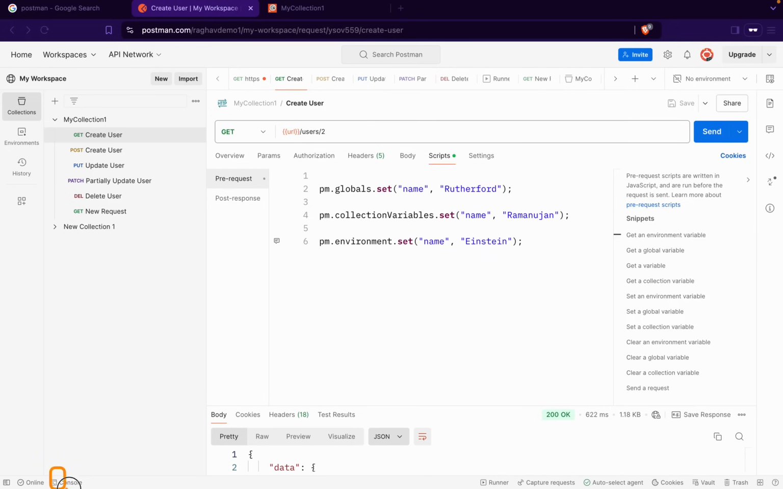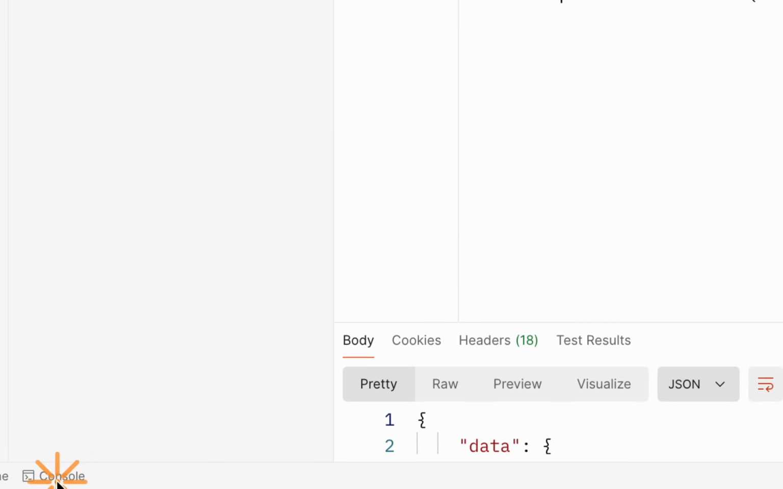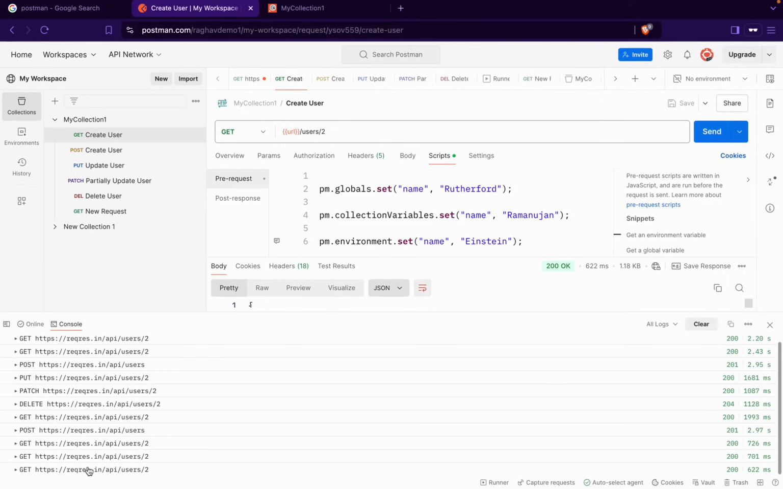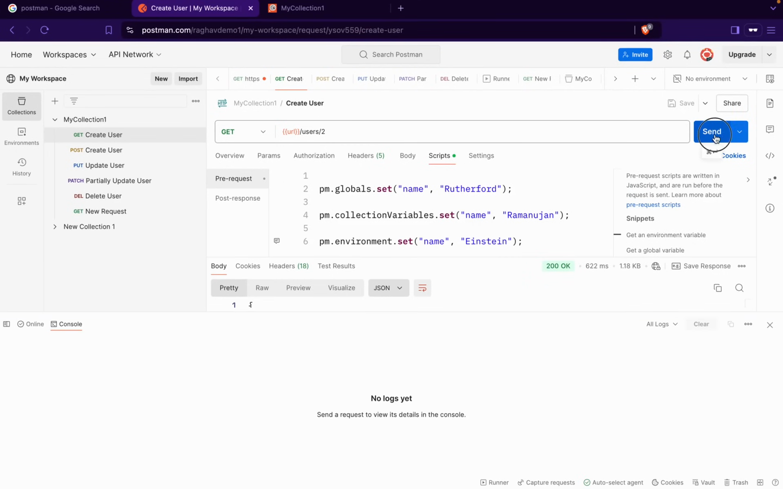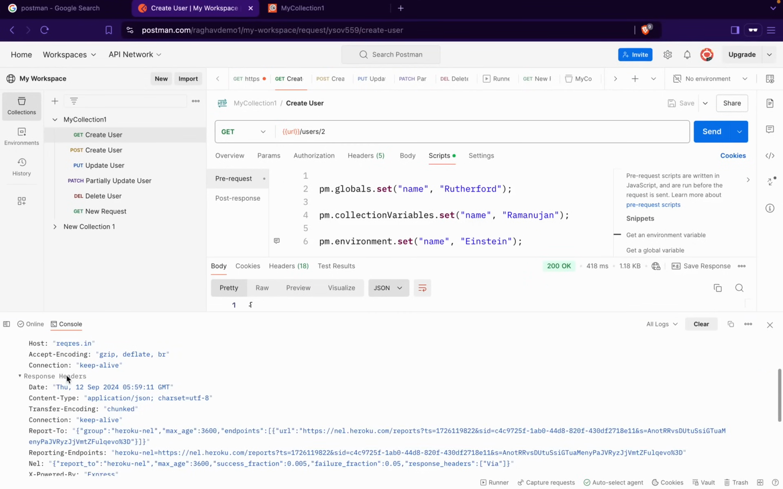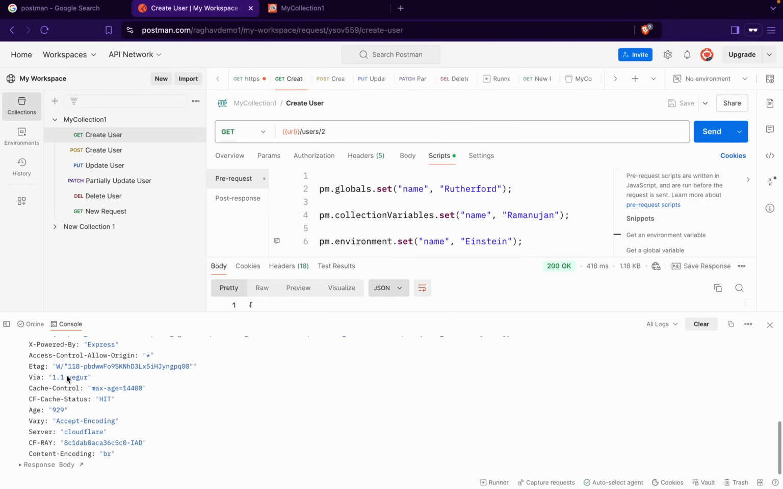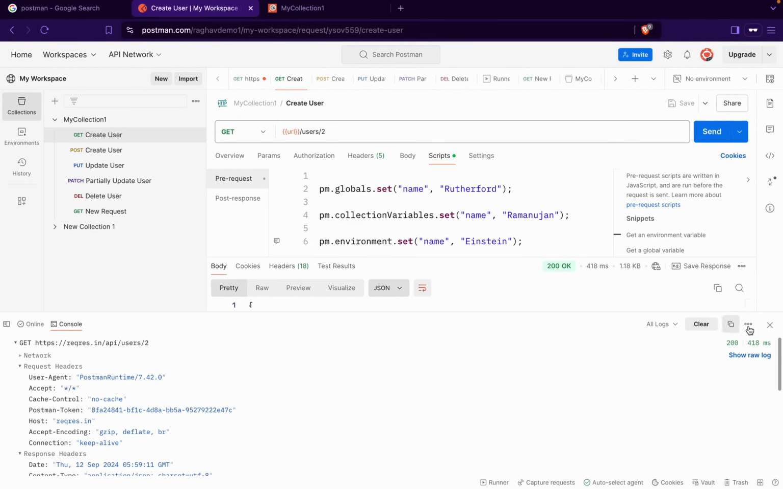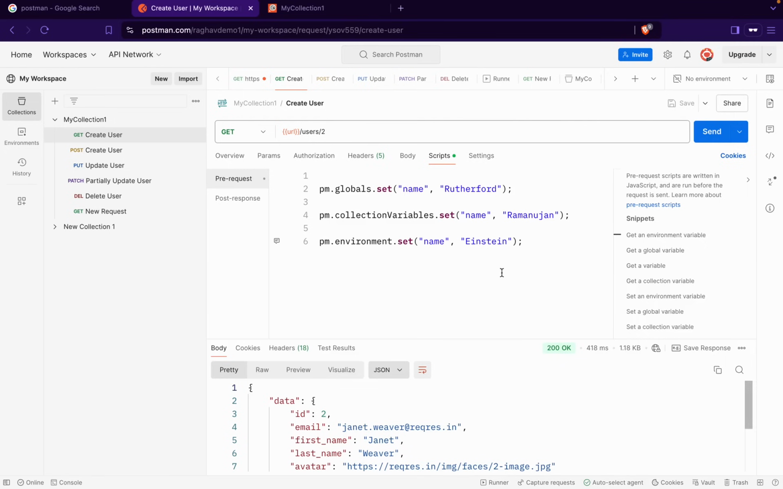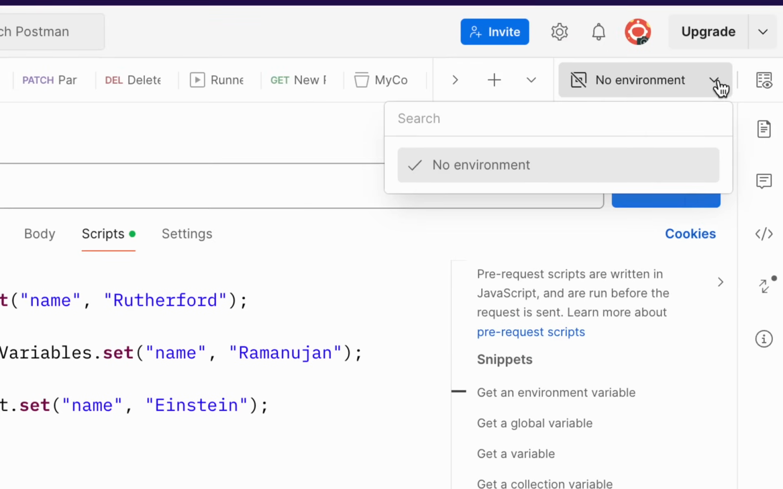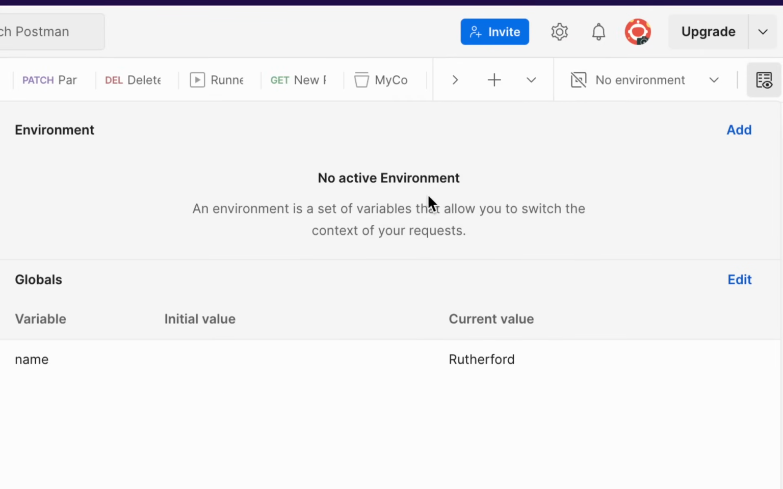Also, if you check the console, if you go to the status bar and click on console here, I will clear and run it. So here you can see as of now we are not getting anything here, so that means it is not created. So for that I will first have to go and select an environment, and for that I will have to go here